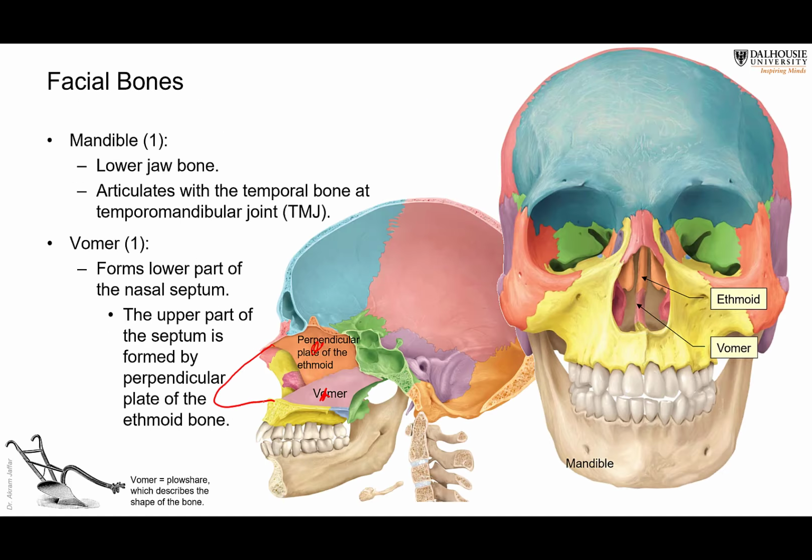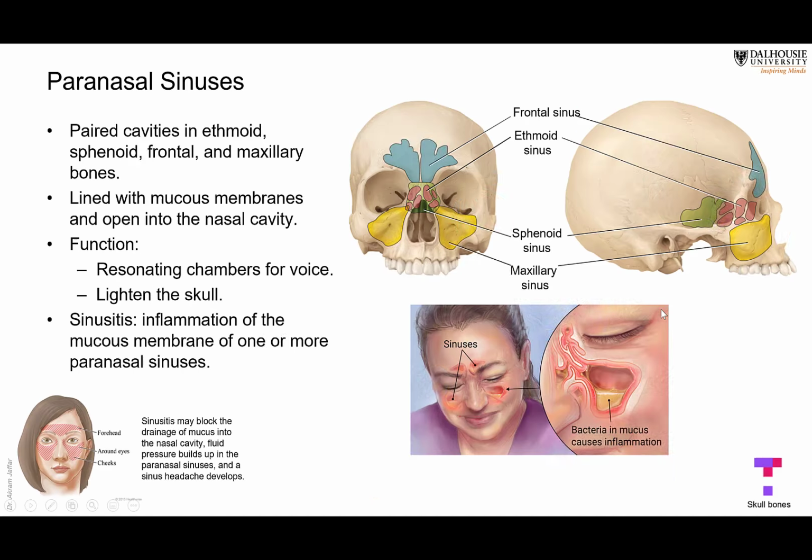Now the maxilla also has sinuses inside it, paranasal air sinuses, which make up 4 pairs of paranasal air sinuses. The frontal has paranasal air sinuses, the ethmoid, the sphenoid, and the maxilla. In fact, the air sinus that is present in the maxilla is the most difficult to drain if it is inflamed. Usually these sinuses are inflamed as a complication of an upper respiratory tract infection, and there will be mucus